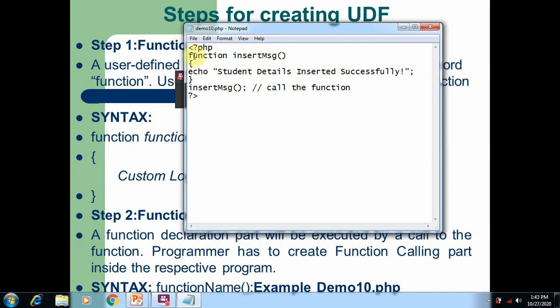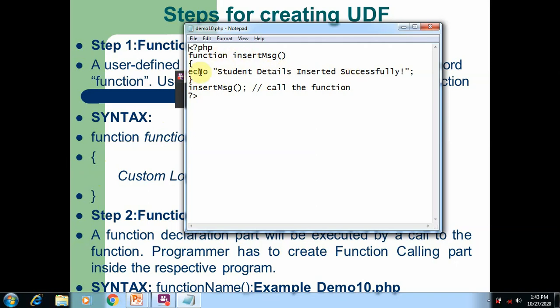So here you can see we created a function. The keyword is used for creating the function, that is step number 1, and then we give the name. After that, we open and close the parentheses. Here we should mention the parameters, that is inputs for the function. This is a function which does not have input. After that, we open the brace and close the brace as per the rules. Within this open brace and close brace, we should give the codings which should be executed by this function at the time of calling.